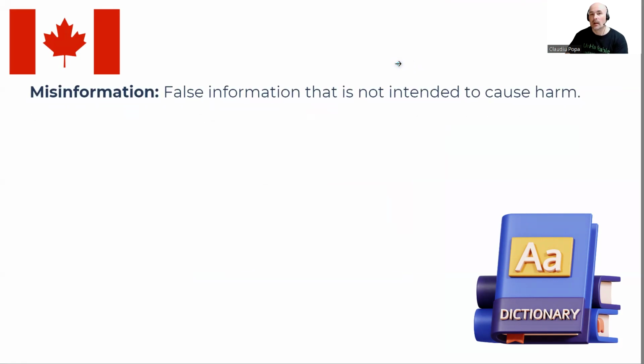And the different types of claims that we see online are likely going to fall into a few categories. The Canadian government puts them in 3 buckets. One of them is very simple: lies, things that are not true. That is called misinformation. It's usually posted by people who are misinformed. They are wrong. They didn't do their homework. They don't know what they're talking about.